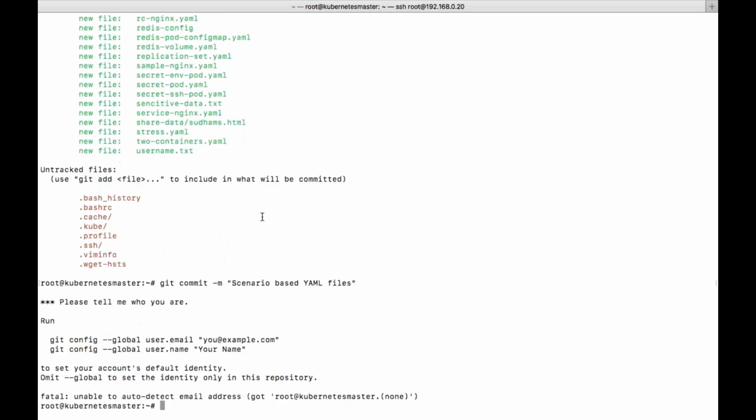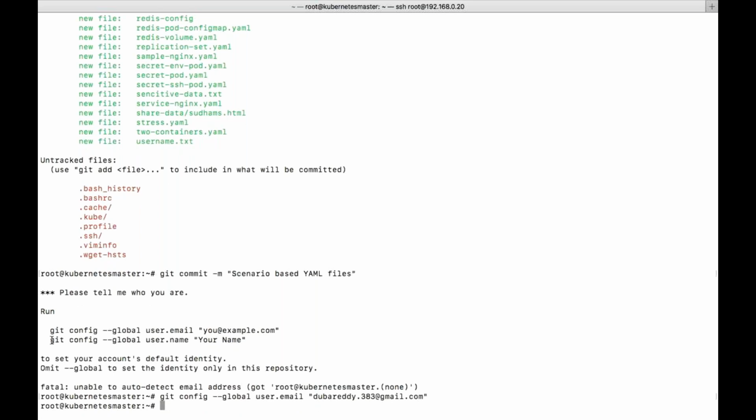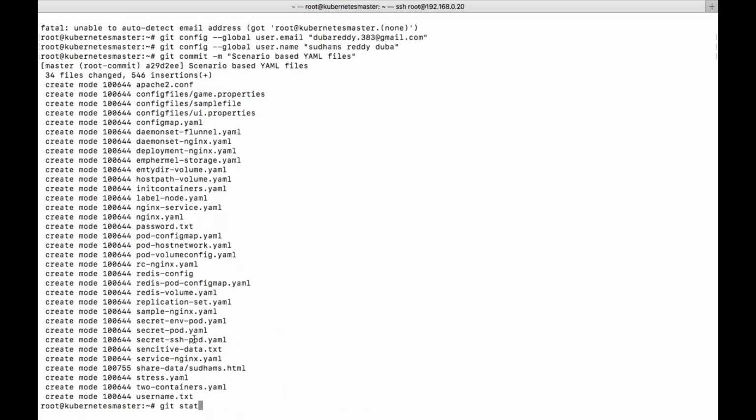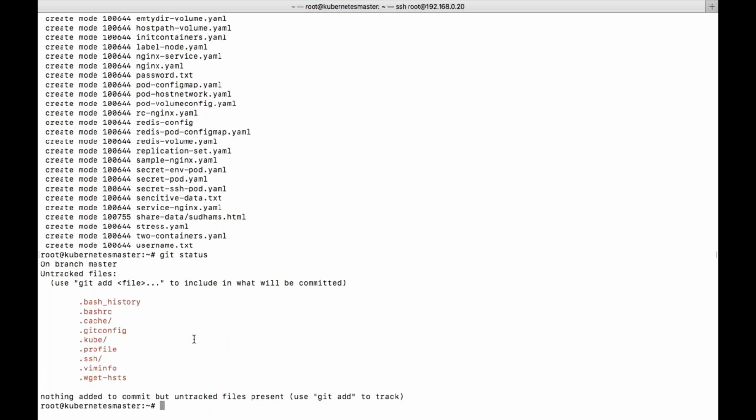I need to set my name and email address first, because before committing I have to give my username and email address, and only then will it accept. Now you can do the commit. Now git status shows nothing to update. Everything is tracked. These files you can ignore because we are not adding them.